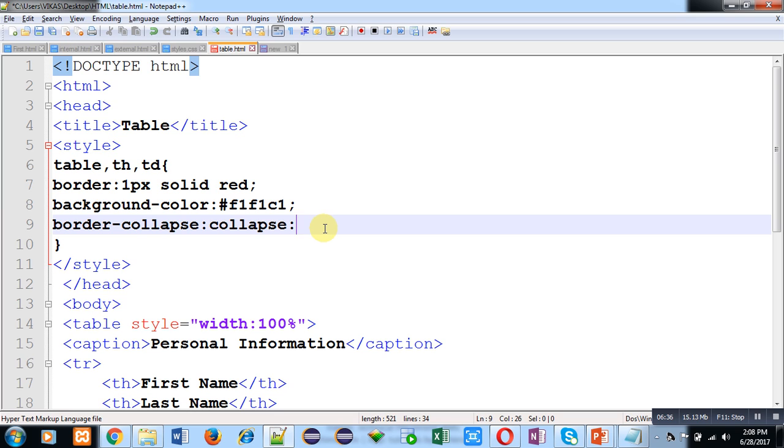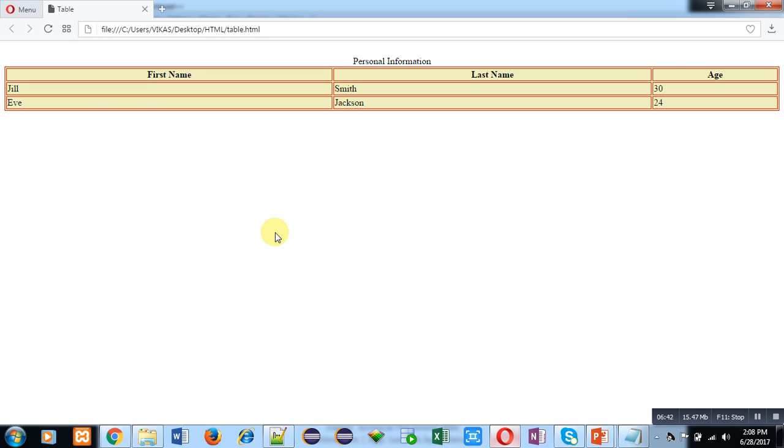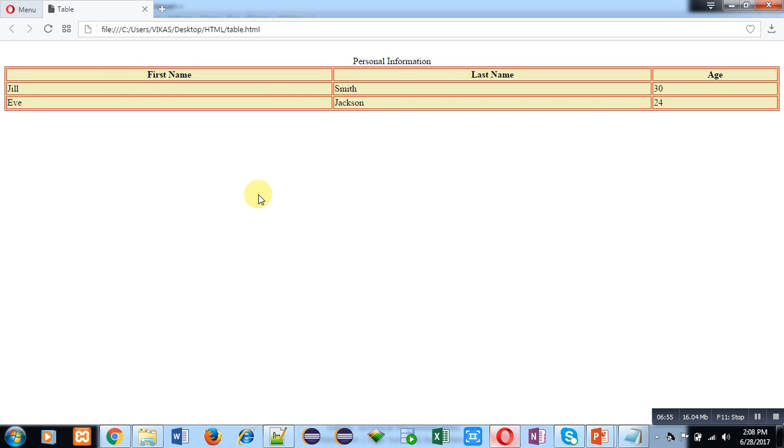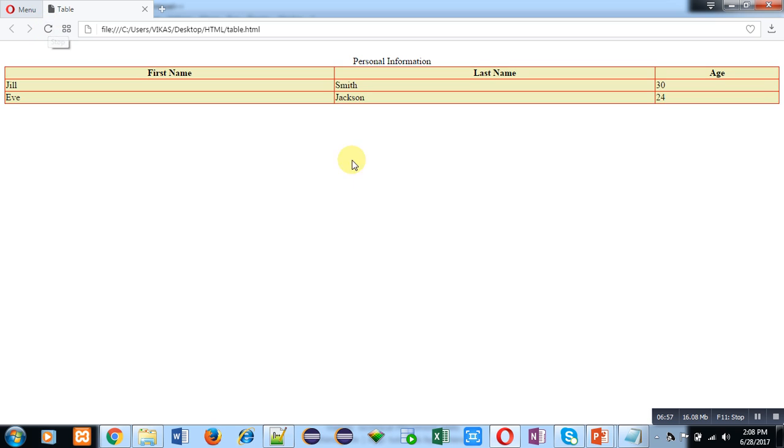So I am saving this code, moving to the browser, and I am clicking on reload. Sorry, semicolon I have to use. So you can see that double lines have been replaced by a single line, and now this table is looking like normal table which we implement in MS Word or any other text editor.